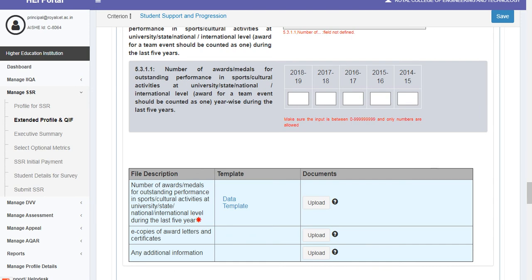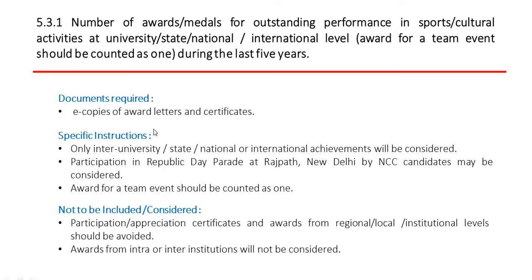Now let us see what the documents required for verification and specific instructions of this metric are. The documents required is e-copies of award letters and certificates. The specific instruction says only university, inter-university or state or national or international achievements will be considered in this metric. Participation in Republic Day Parade at Rajpath, New Delhi by NCC candidates may be considered in this metric.